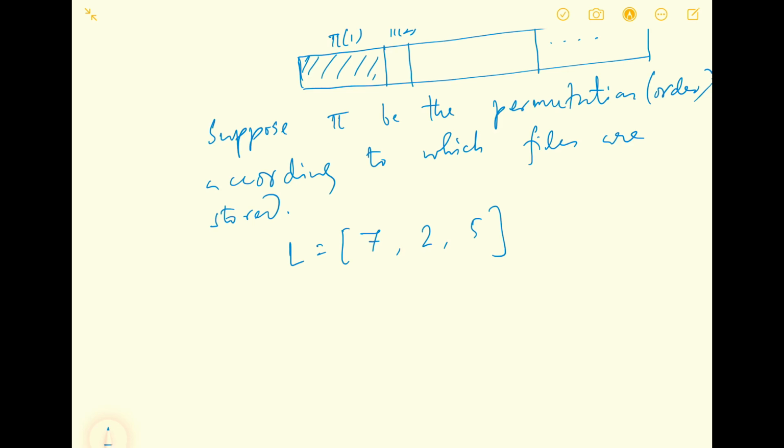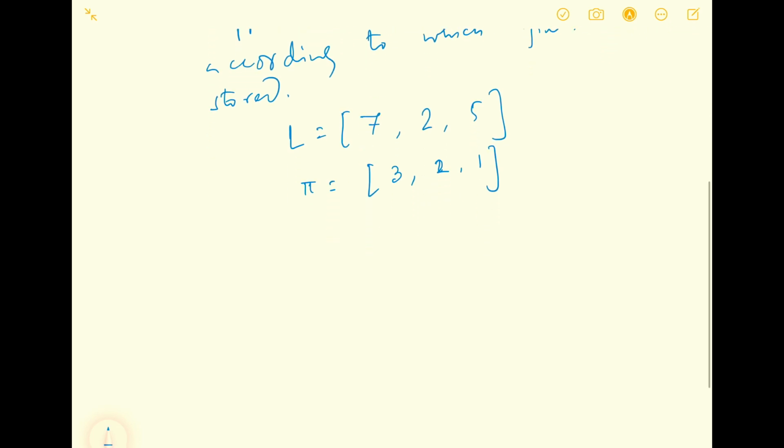And there are 3 factorial ways of storing these files on the sequential device, which is a tape. So let's fix a permutation. Say suppose I store the third file first, then the second file, and then the first file. Then how will the tape look? The third file is stored first,